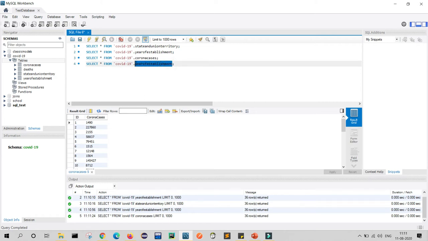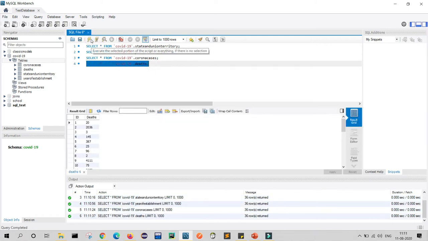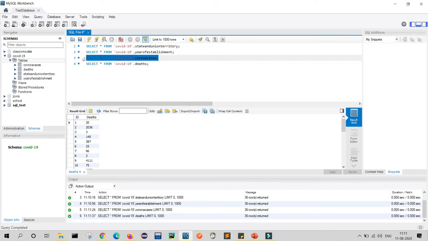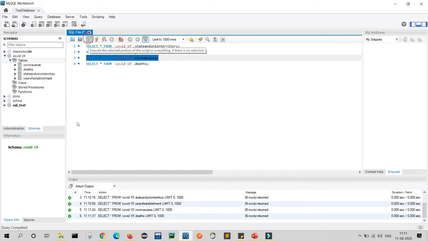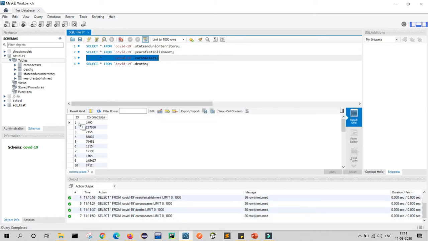Similarly, my last table is for death, so this is the fourth table. You can observe that ID is common in all my tables. If I open the third one, you can see I have specified states using ID.